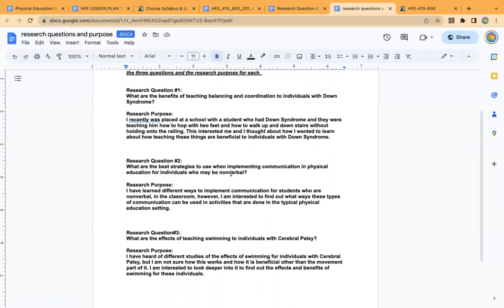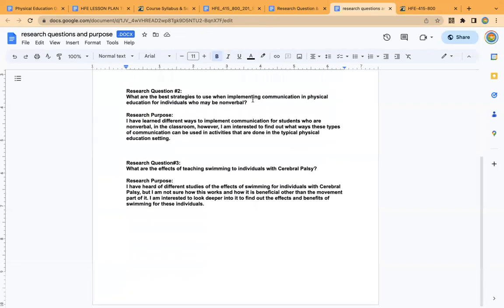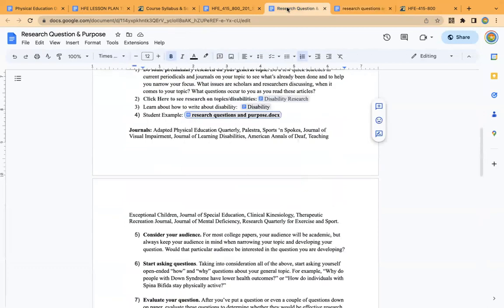You could look up, maybe you want to look up what are the benefits of yoga? What are the benefits of strength and conditioning? What are the benefits of aquatics? And then based on those 3 questions, you'll end up choosing one question that will turn into a research table eventually. So if we move backwards here,